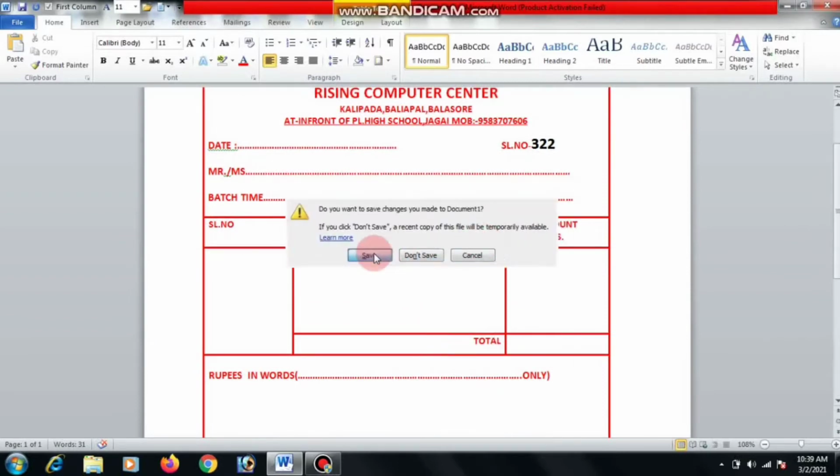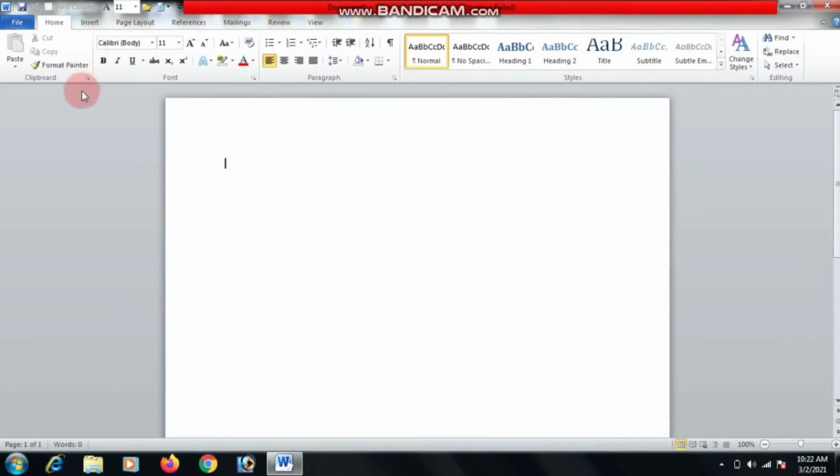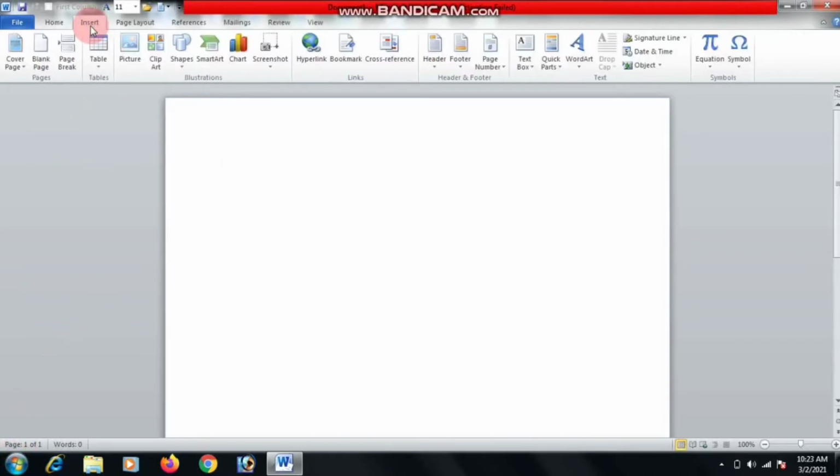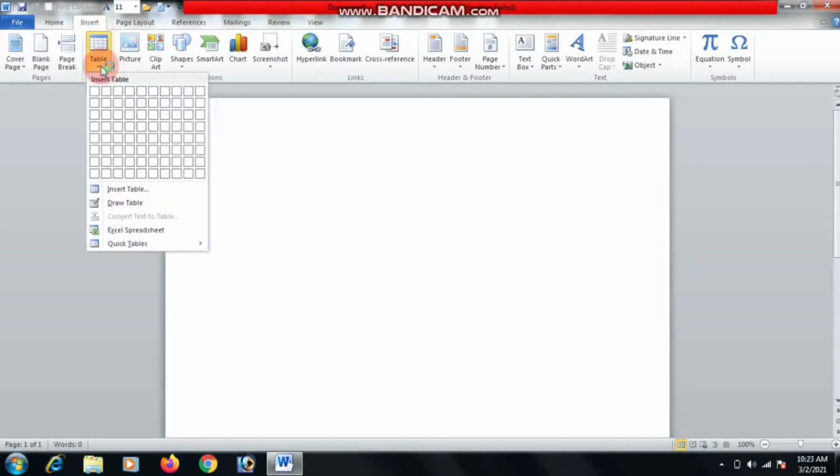Now we create it. We start MS Word, go to the insert option and click on the table option.